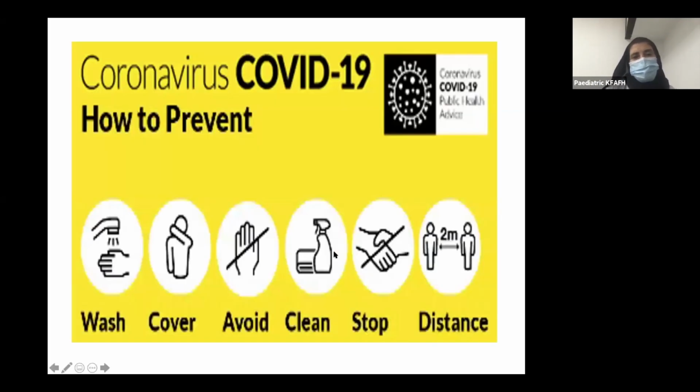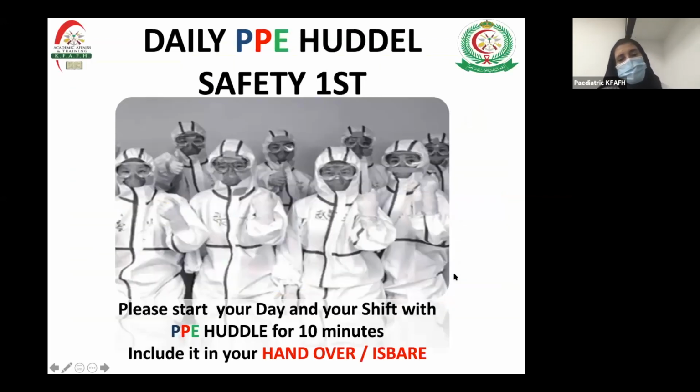So in summary, in order to prevent infection, we need to wash our hands, observe cough etiquette, clean the surfaces, stop the contact and keep our distance. And it would be really great if we keep doing this PPE huddle for 10 to 15 minutes at our time to sign in and sign out. It could be part of our handover and as far